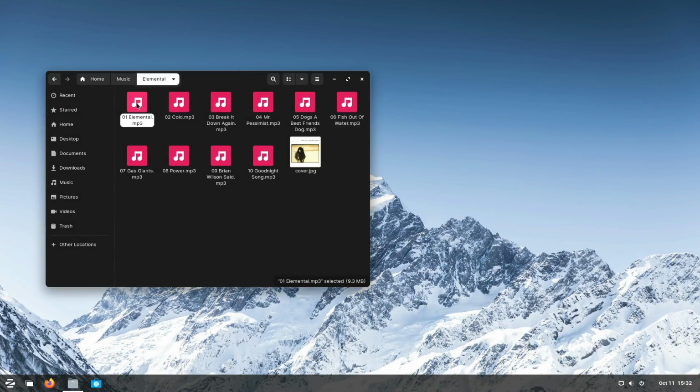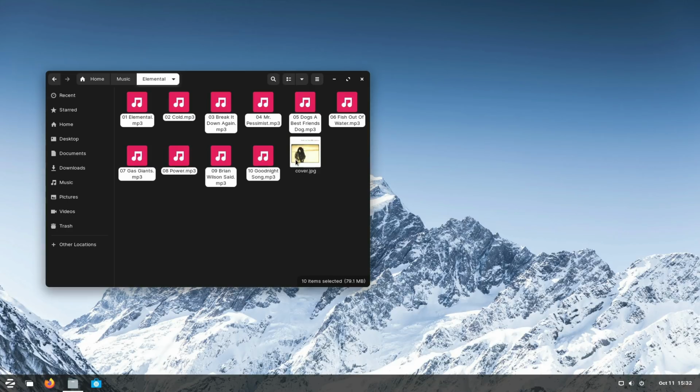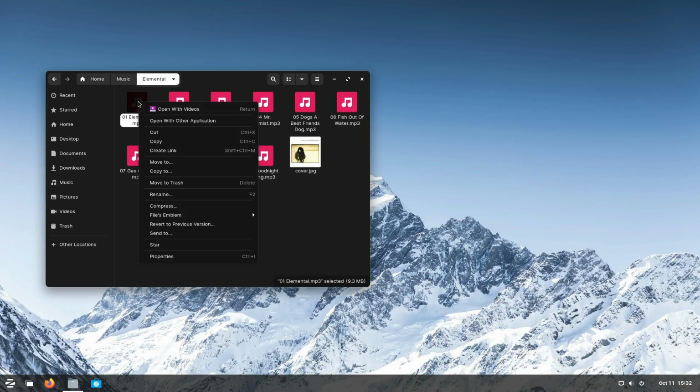I do actually on Endeavor. That is how I use Endeavor OS. I drag and drop files, and if you grab a whole album and drop it over, it will actually add them all to your playlist. This one